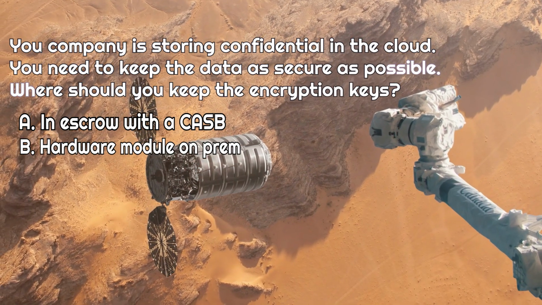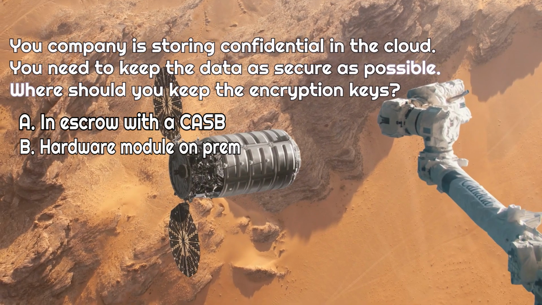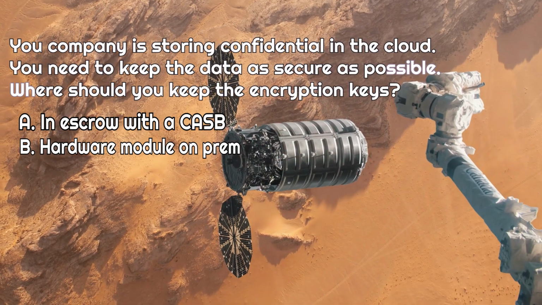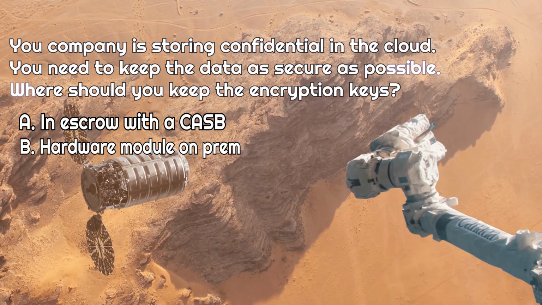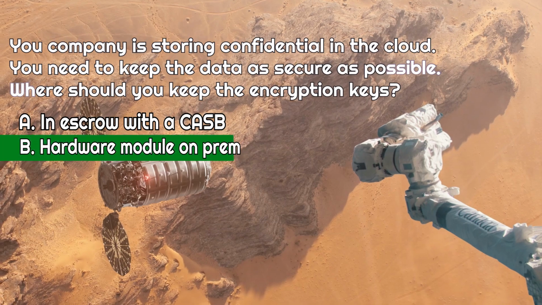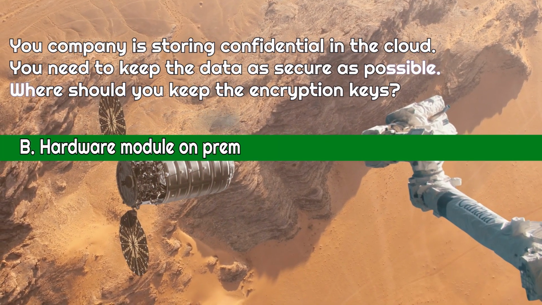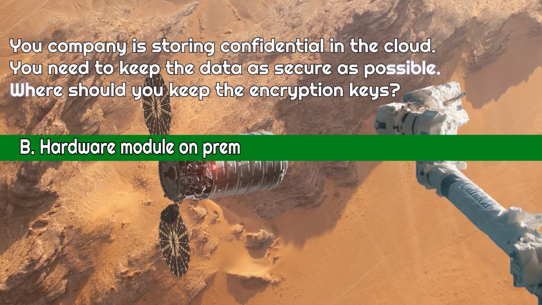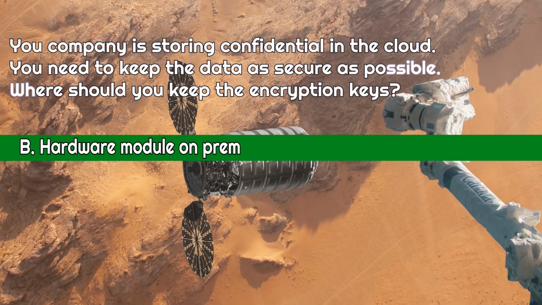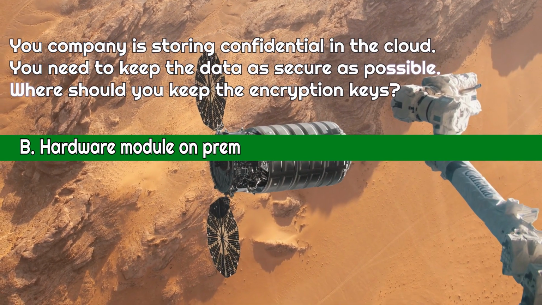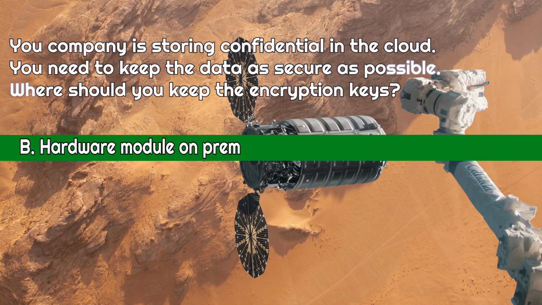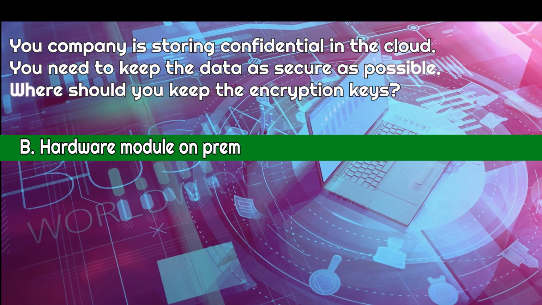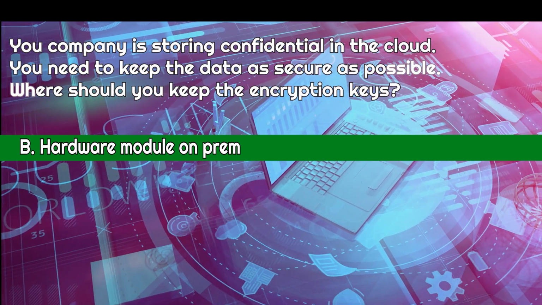But to keep it as secure as possible, something could happen to the CASB. So that's going to add another layer of complexity. That's going to be another way that it can get away. If you actually have the hardware module on premise, then that's going to be the most secure because you have access to the key. Just think about it. If you had a safe full of money at your house, and you didn't want to touch it, you want to be secure, so you gave the key to an escrow company. What if the escrow company went out of business and they say, "Oh, we don't have a key. We forgot. We don't know what happened to it. We had so many keys." That's not going to be as secure as you actually having it on your person, having it yourself.